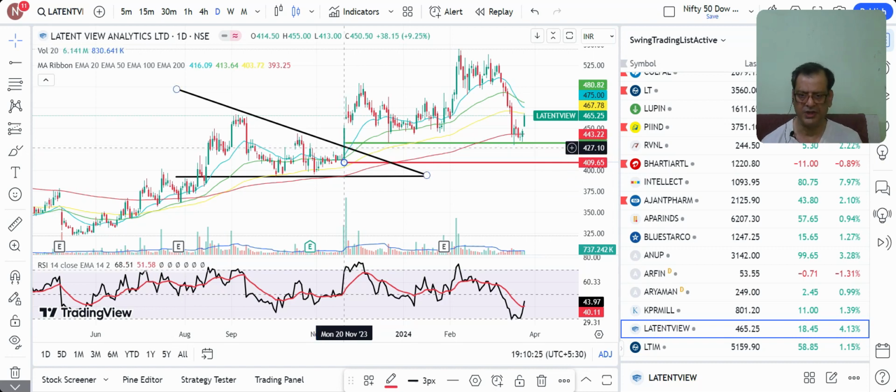Now, of course, there's a possibility that it's an intraday spike, it goes up and then it comes down. But if that happens, so be it. There are no guarantees, there's no holy grail, right? So, instead of being